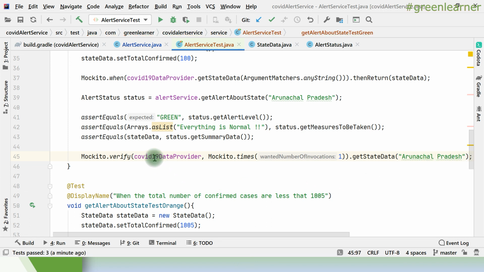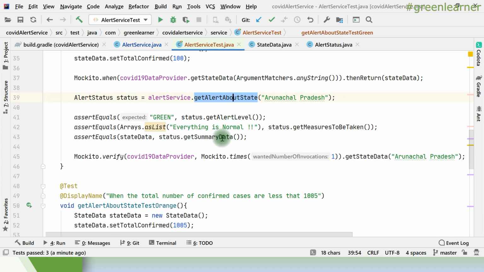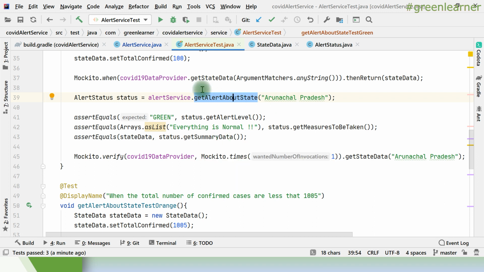So I'm just comparing that this COVID-19 data provider get state method with this argument is being called in this test execution, right? When you call get alert about state, you take the string and you call the COVID-19 data provider with this argument. Same thing I am testing here in execution of this test, whether it is called or not. So this is the Mockito verify.